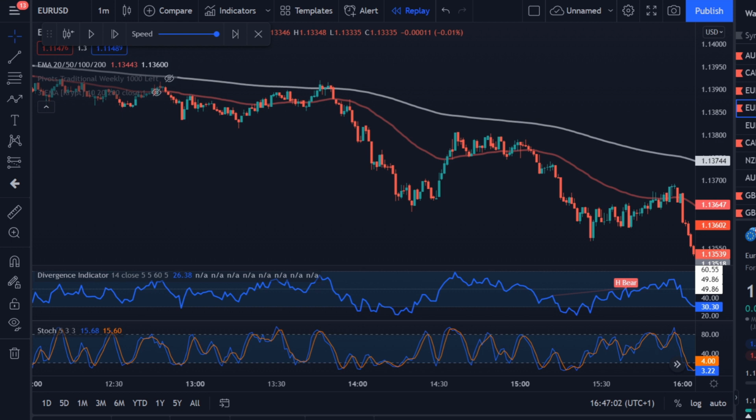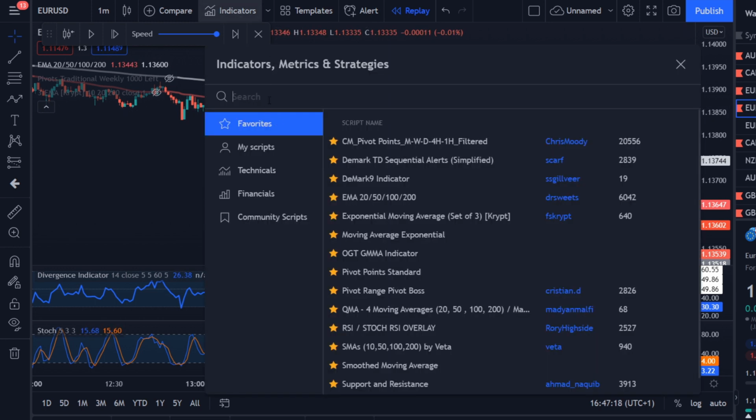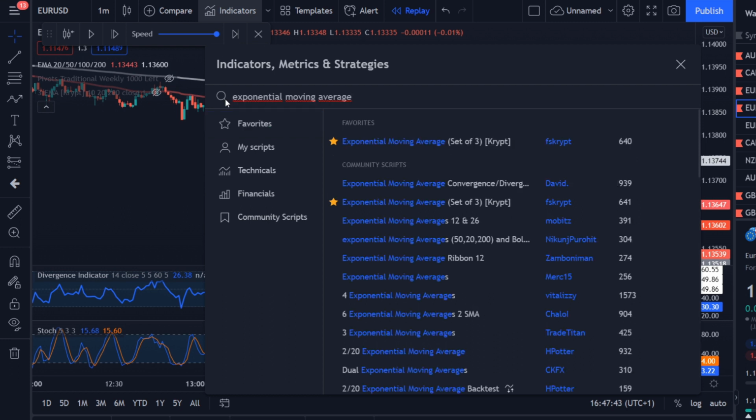Okay, this is the strategy. I will briefly go over it and then I will test it 150 times. Over here we see the exponential moving average and we see another exponential moving average. How do you get these indicators? We're looking for exponential moving average and this is the one that I choose, exponential moving average set of 3 by FS Crypt. Why? Because